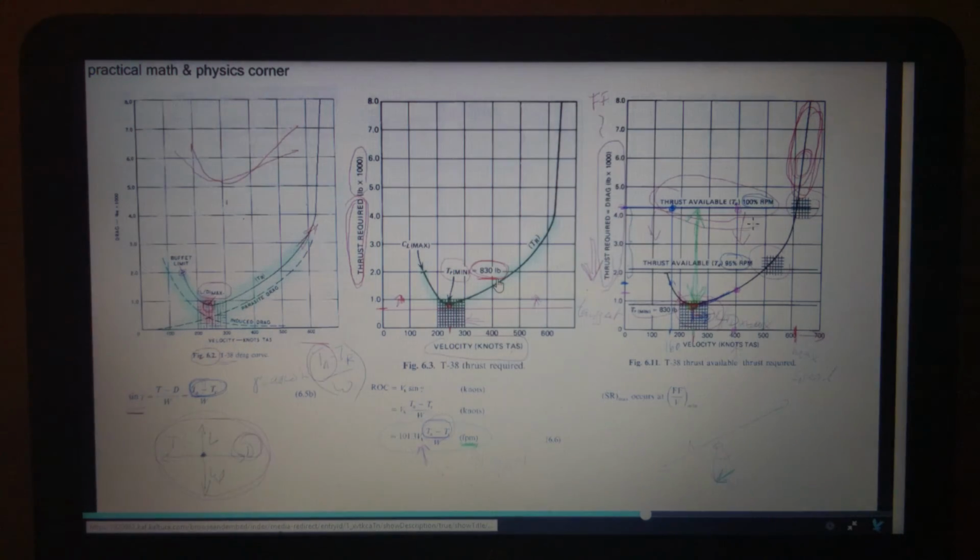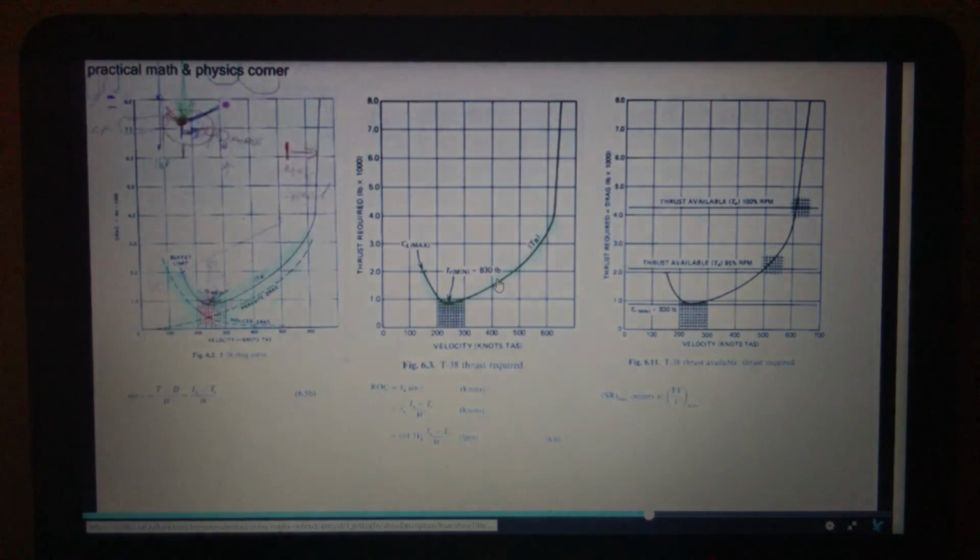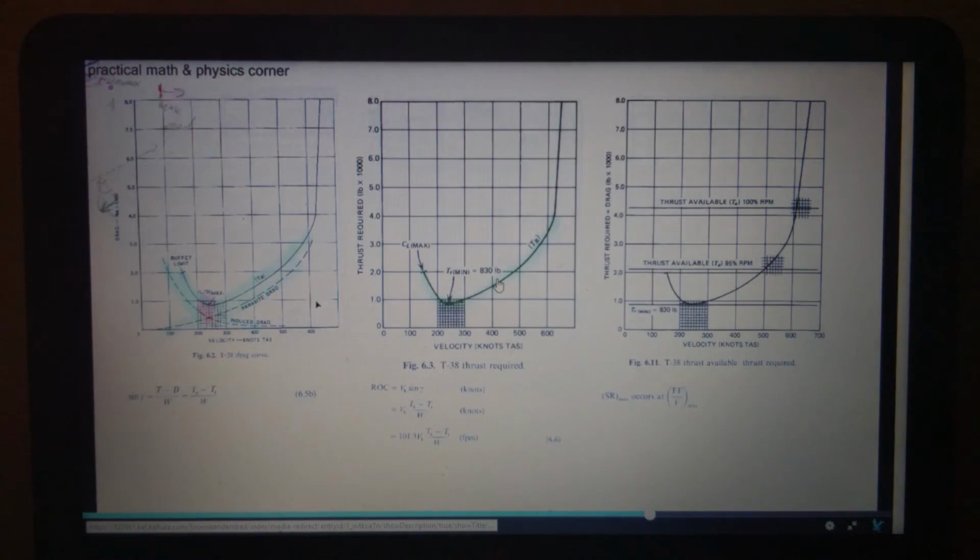To find it exactly, to go back to the book method of doing it, let me erase some of this stuff here. Actually, let me just drag some of the stuff out of here. That gives me some space to work with. All right, in general, when we're looking at the diagram, the maximum range is obviously dependent on velocity, which is also part of the bottom of the curve here, because the faster we fly, the more distance we make. So what we're really looking at is exactly what it says here in the formula. Our maximum